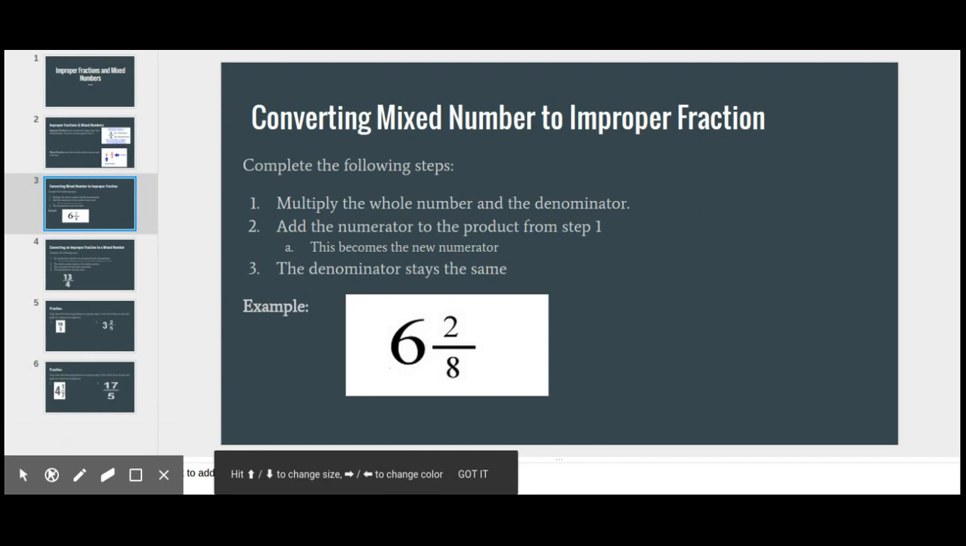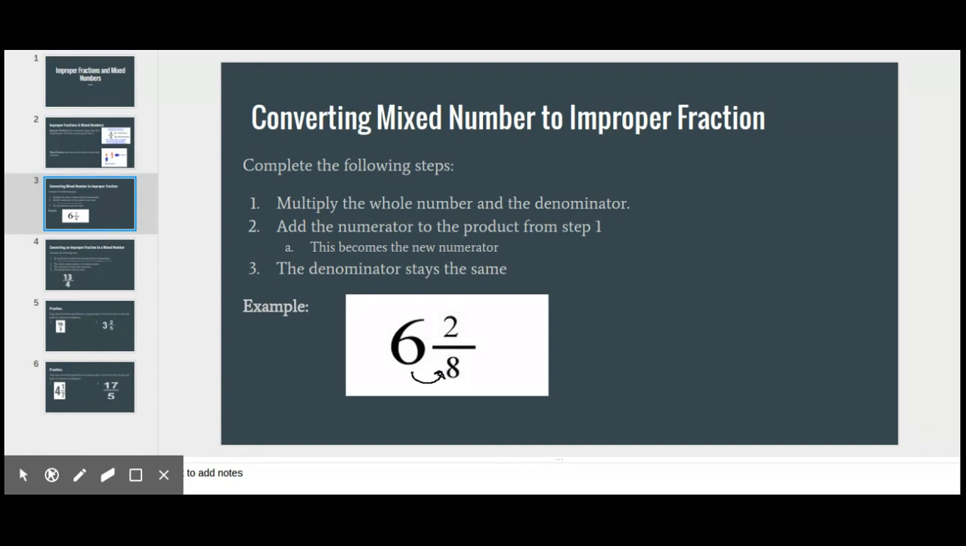So we're going to complete this example here, 6 2/8. We're going to take that mixed number and convert it to an improper fraction. So what we do is we take 6 and we multiply it by the denominator, 8, and that gets us 48. Then we take this product and we add it to the numerator. That's going to get us a value of